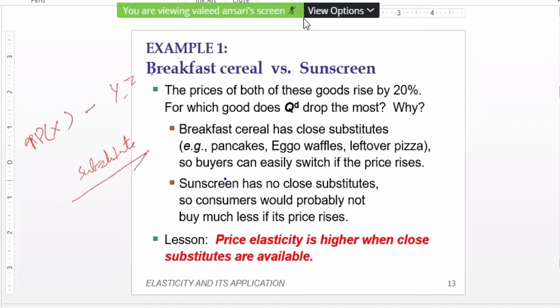So one determinant we can find is that the greater the number of substitutes, the more elastic the demand will be. Because if the price of any good is increased, consumers have plenty of options, they can switch. Why would they continue to buy if they can substitute? So one important determinant is the number of substitutes. The greater the number, the more elastic, because it offers the possibility of substitution in case of a rise in the price of a product.